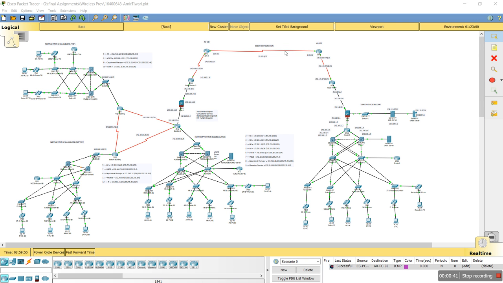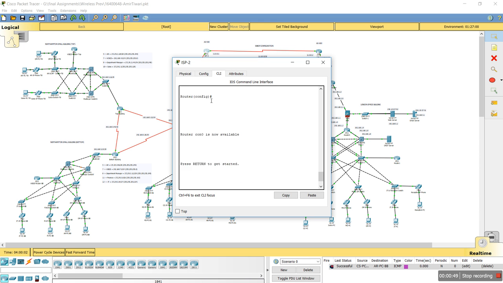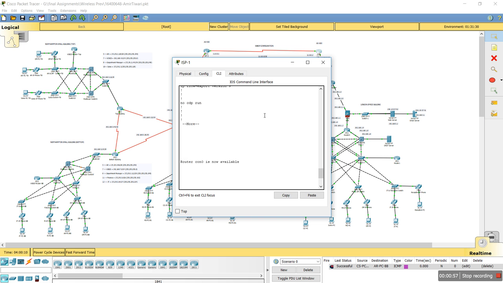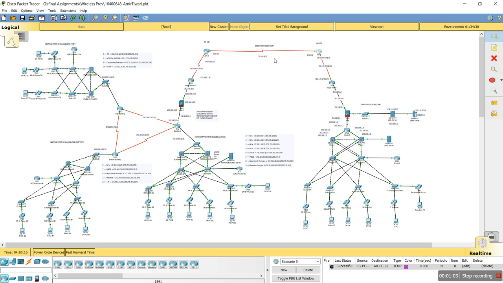In order to communicate between these two ISPs, BGP was used. BGP was configured in the ISP routers. Here you can see BGP is configured in the Northampton ISP router as well as in the London ISP router. So BGP is configured to communicate between these two ISPs. Similarly, on the